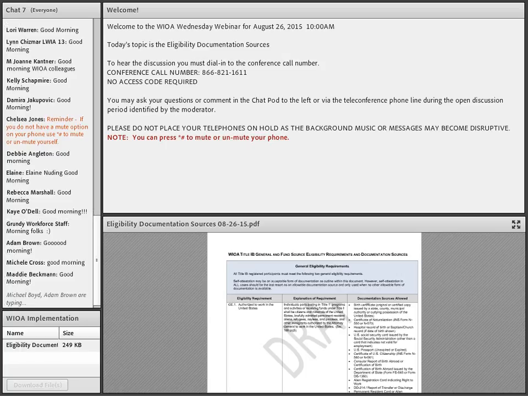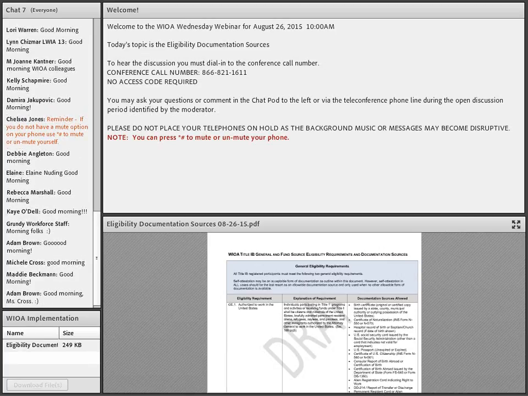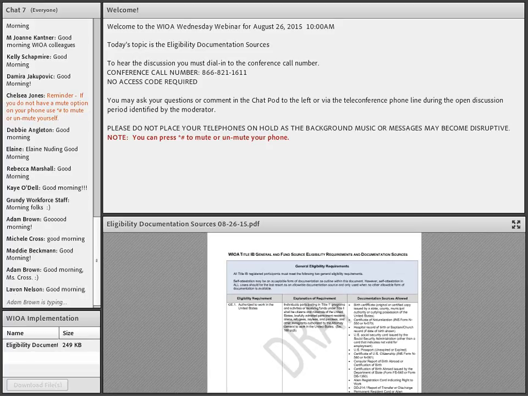But we really don't want to focus on those policies, because we've had discussions in the past on those. We've made necessary changes based on those discussions, and we are pretty close to finalizing them. So we're just going to utilize the documentation sources for this